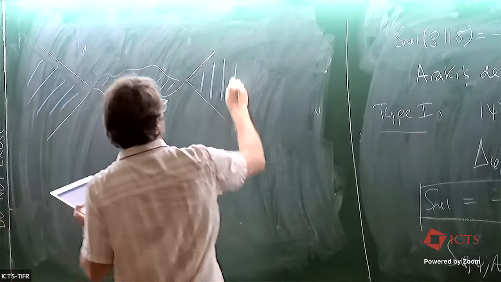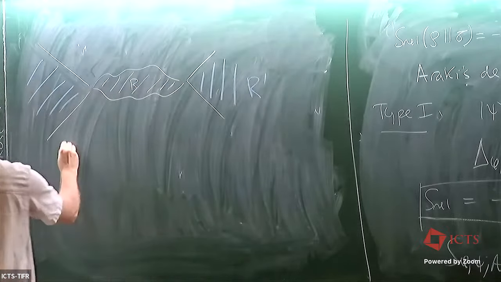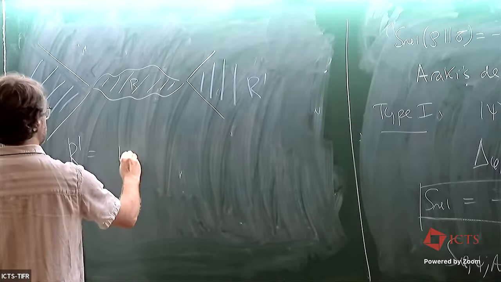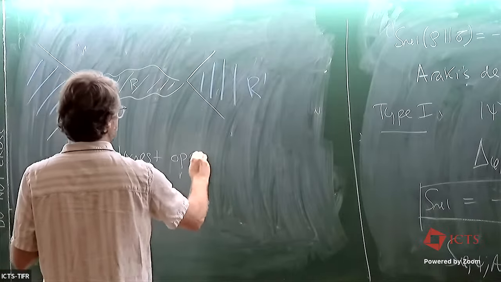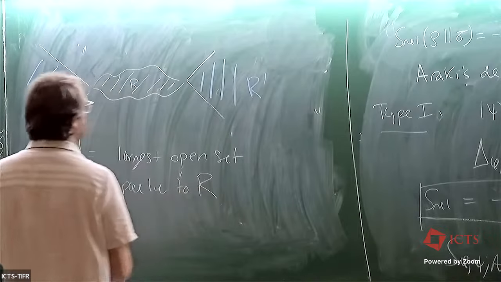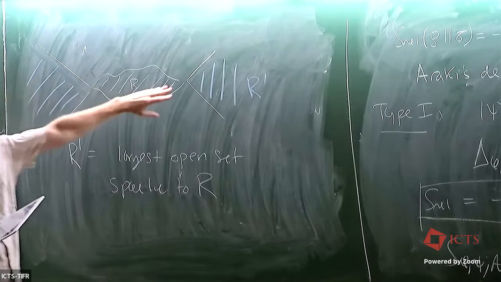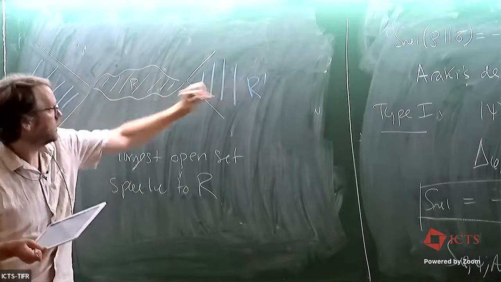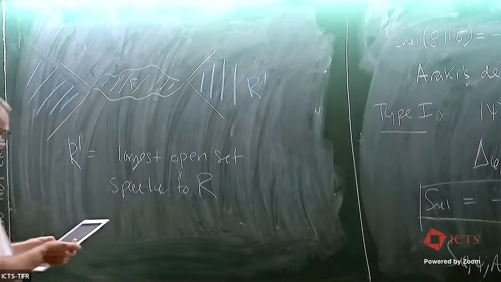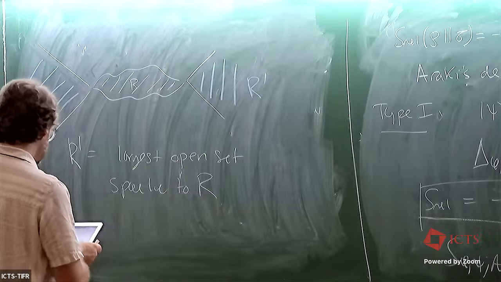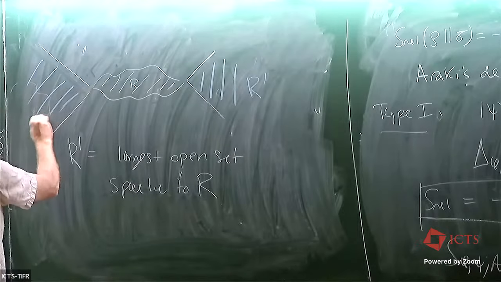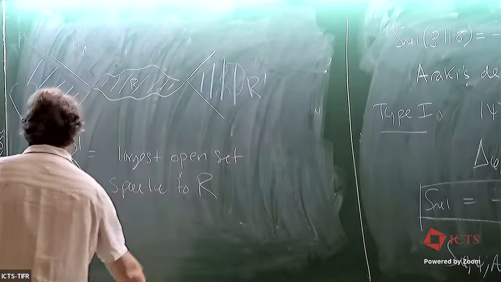R prime. Right? So the exact definition is that R prime is the largest open set space-like to R. Okay? And so, pictorially, that's what we would get if we took this region R. R prime would be this sort of unbounded light cone region out here. Okay? So now if I take functions over here, right, with support in R prime, and I